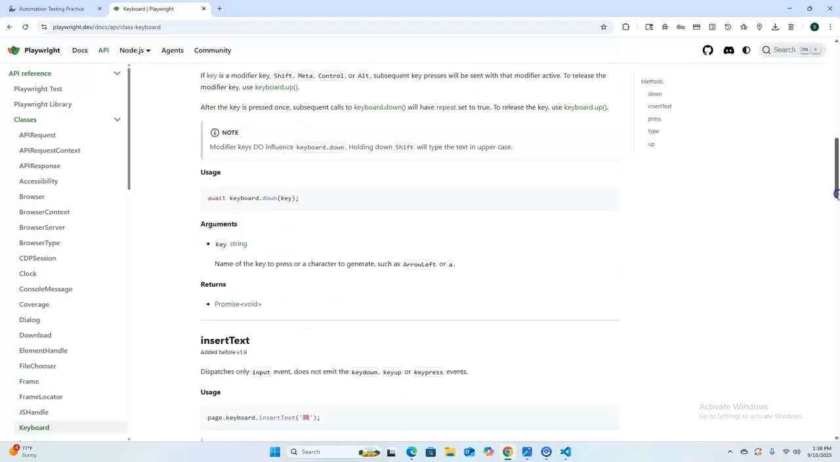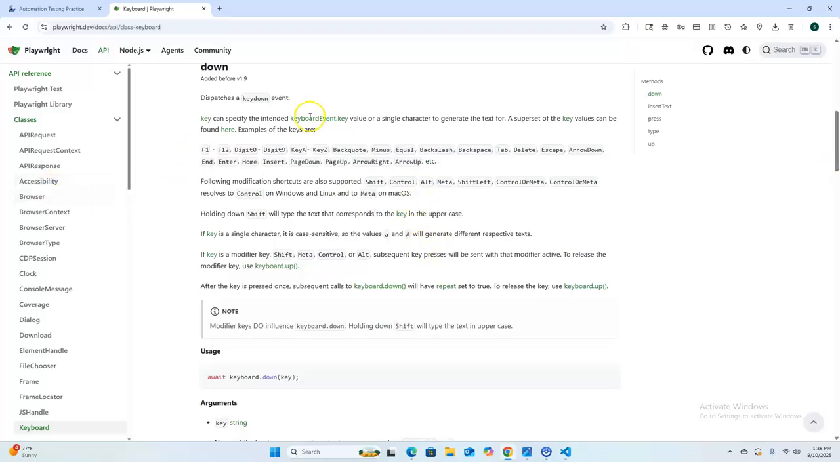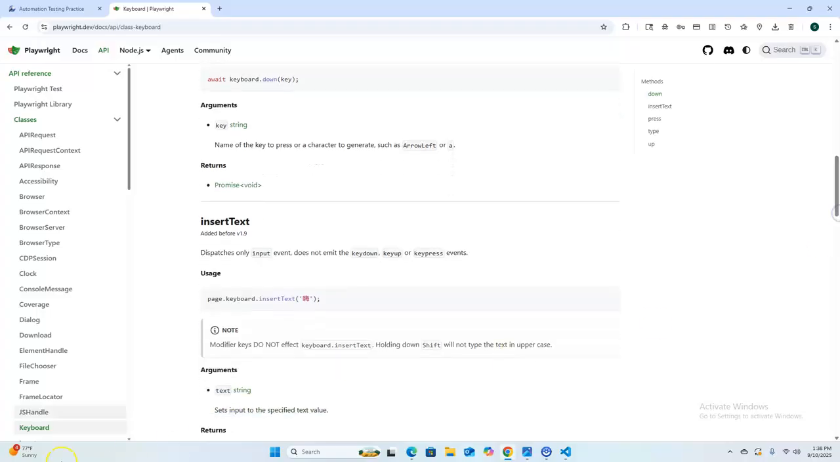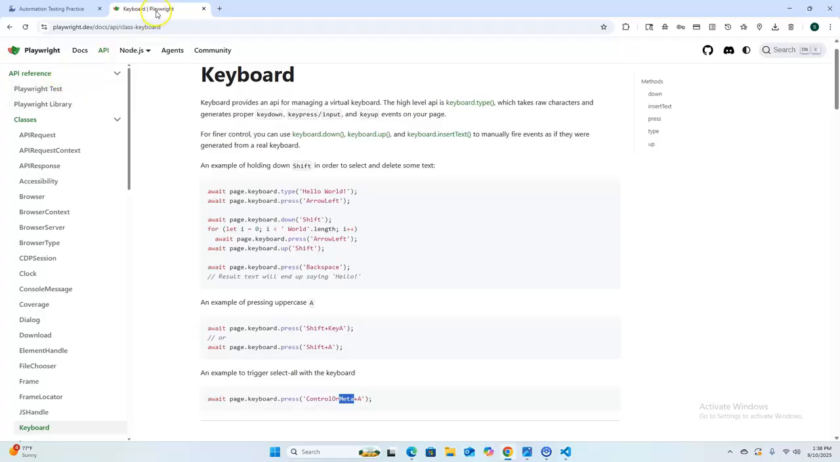And if you want to see some shortcuts of the keys, you can just see here, and there is other, like you can insert text. So everything is mentioned in this document. And